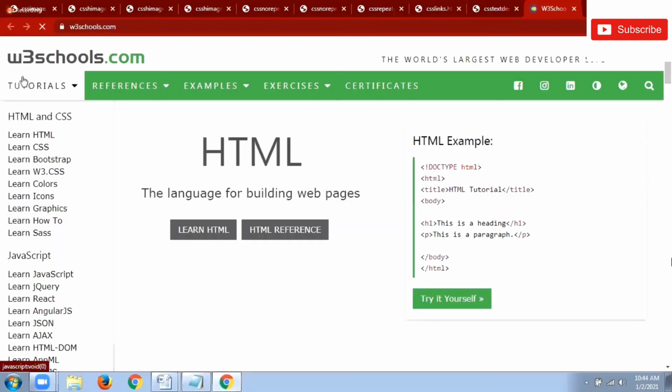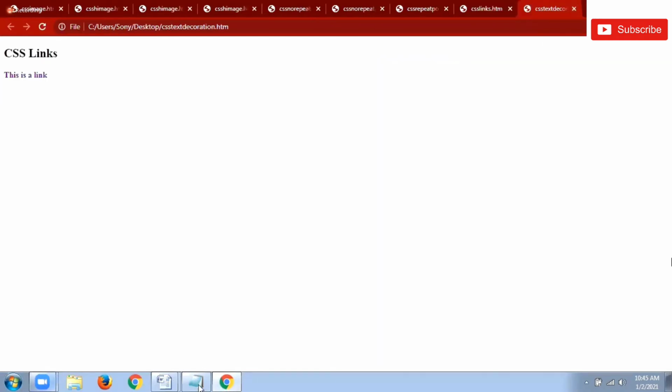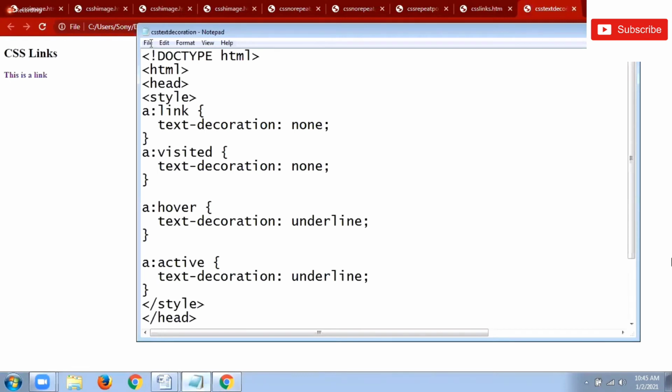Again at that time also I am getting underline over the link. Is it clear? Just see the change. For the present code, where the text decoration property is applied, the same way as the previous, this is the link without any particular underline. Then whenever it is visited also, underline is not there. Now whenever I am putting the cursor over it, I am getting the underline.